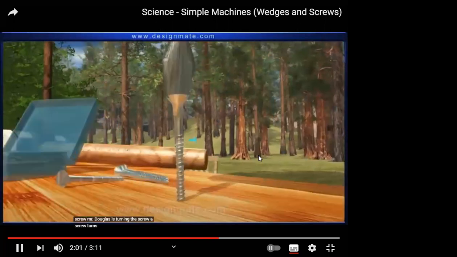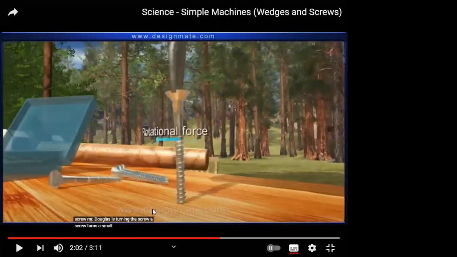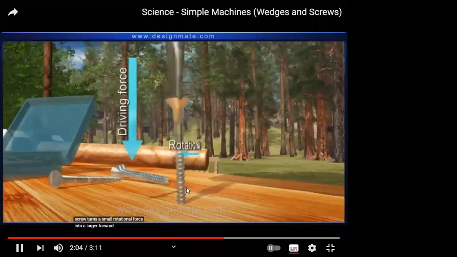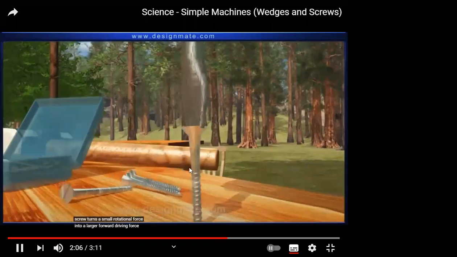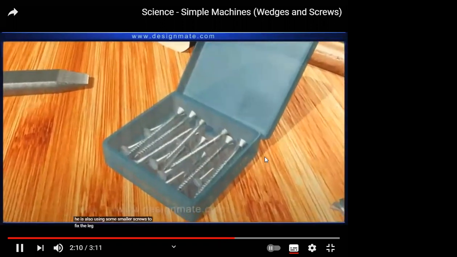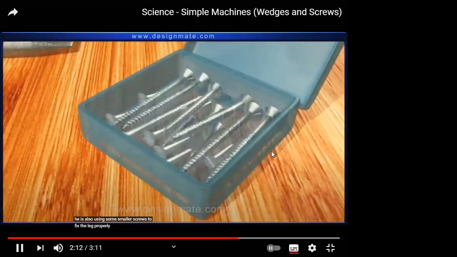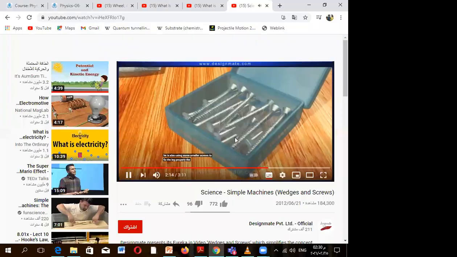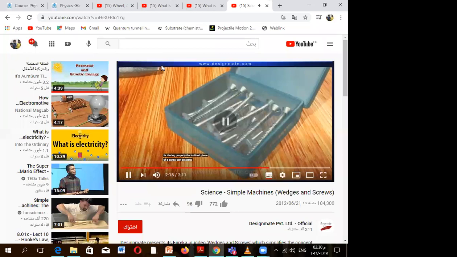A screw turns a small rotational force into a larger forward driving force. Can you see the rotation? He is also using some smaller screws to fix the leg properly. The inclined plane of a screw can be